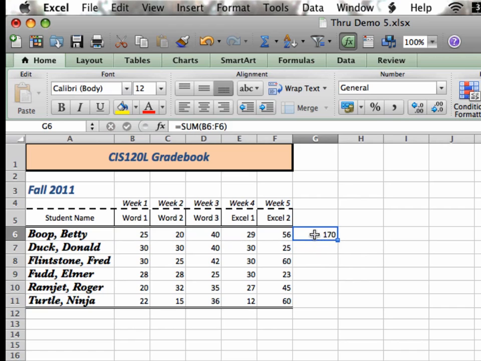Now I can copy and paste, copy and paste, copy and paste, copy all the way down. Unfortunately, that's not all that simple, particularly if I have 30 or 40 people in this class. So using the pull handle that we did for the series also works for copying equations. And watch what happens. When I go down, release, now the totals for each one of the students comes up based upon their row of information, because when